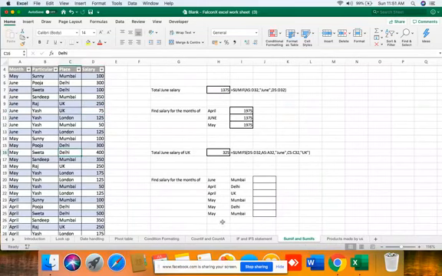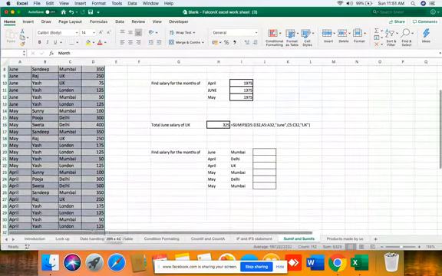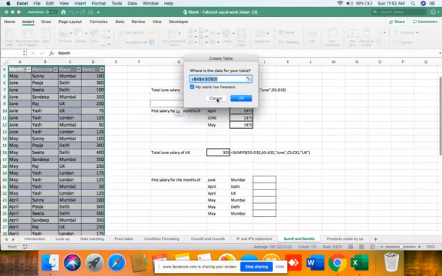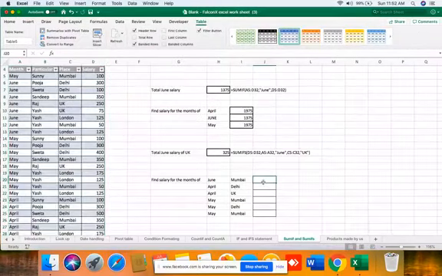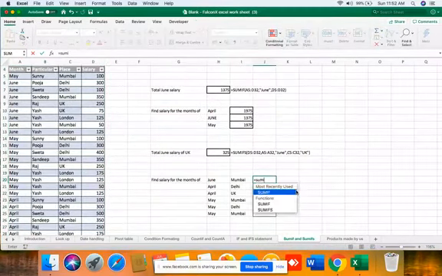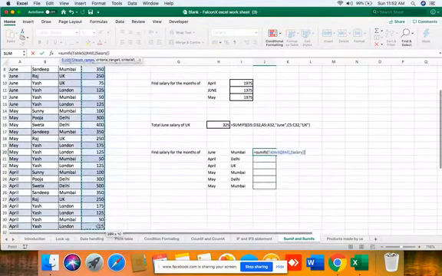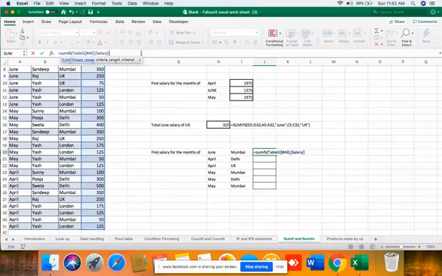Now we have 6 values to cover, so again let me put it into an Excel table. Now let's do it. SUMIFS, sum range, that was the sum range.